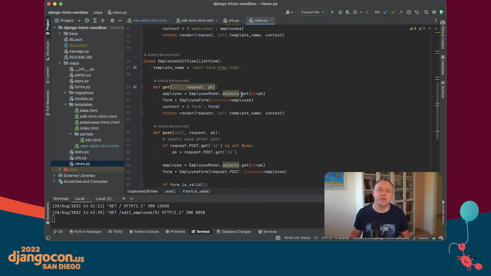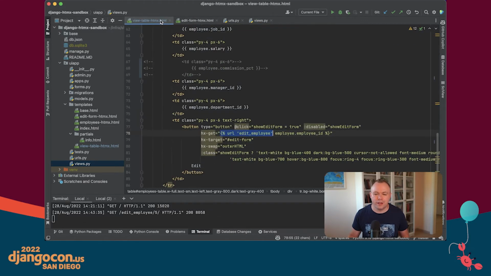We get the primary key from the URL parameter, and we get the employee model. Then we initialize an instance of the employee form, and we pass it back through the context. And we're passing the form in the context, and we are passing the template name edit form HTMX, this one. And all of this is sent back through the Django render function, and